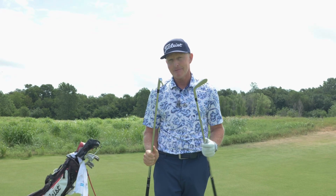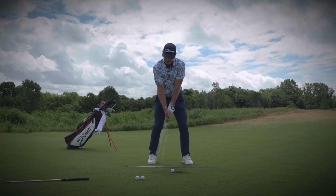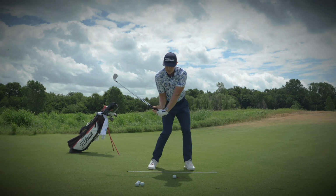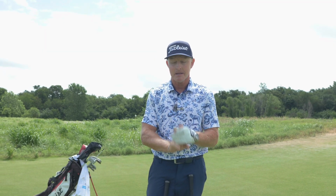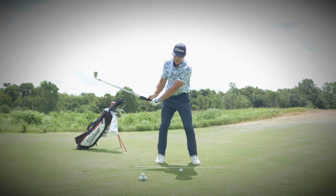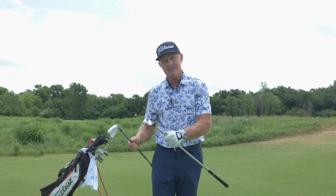I've got two clubs in my hand for a very specific reason. We're going to get better at golf through educating our hands and arms in three very specific ways, and we're going to use two clubs to double the learning effect such that you get better at these three aspects of